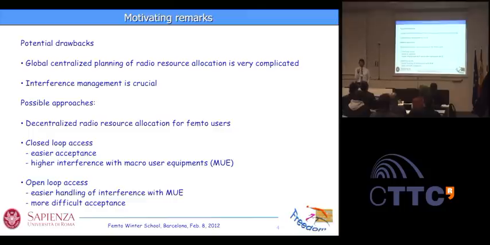Why? Because if we are going to buy this femto-access point for our home, most of us will say, for example, I'm not willing to pay some extra energy bill just to allow other people to access the network through my own femto-access point at home. So clearly people prefer to have a closed access. Of course, as in many situations, maybe the best solution would be something in between, like a sort of hybrid access. Okay, this is just to mention the scenario.